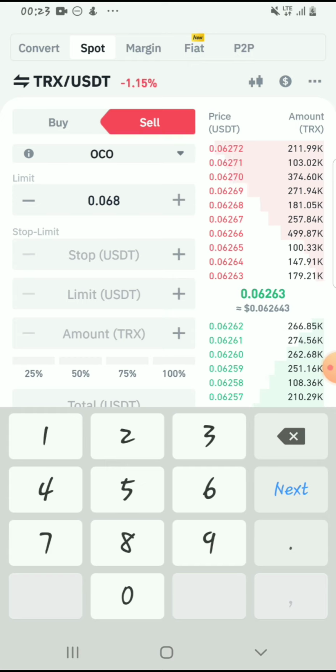So I'm going to fill my limit, which is the first type of if statement. The first type of if is the limit up here. Then the second if statement is the stop limit. All right, so I'm going to say, okay, I want to sell this at $0.068, but the market could go against my plan,